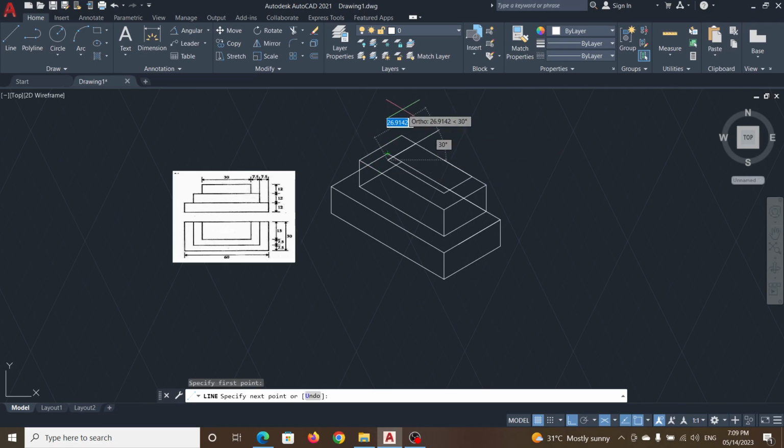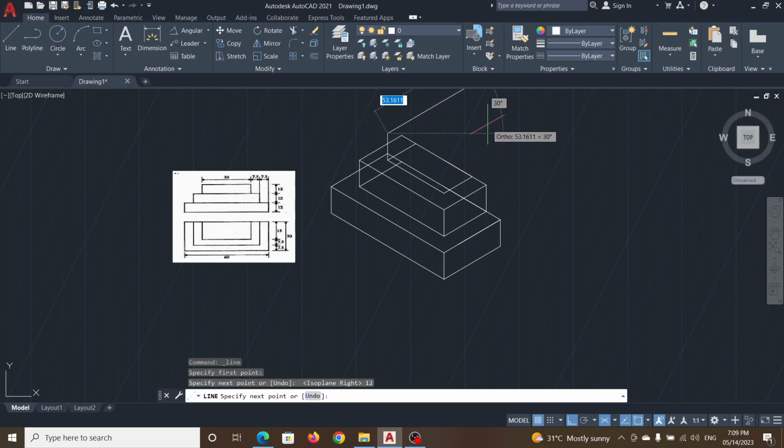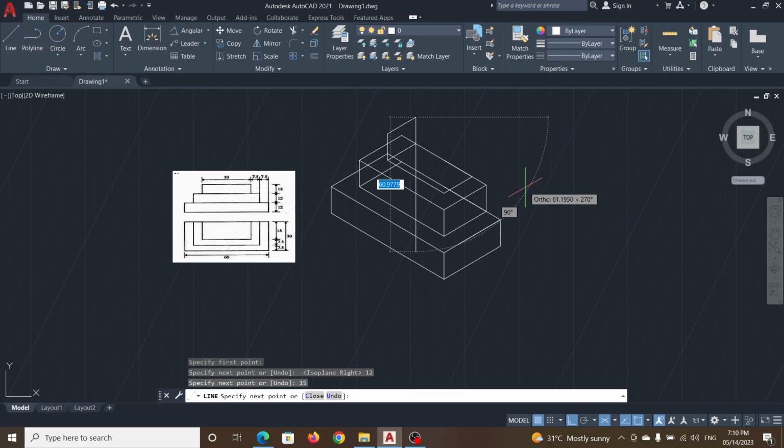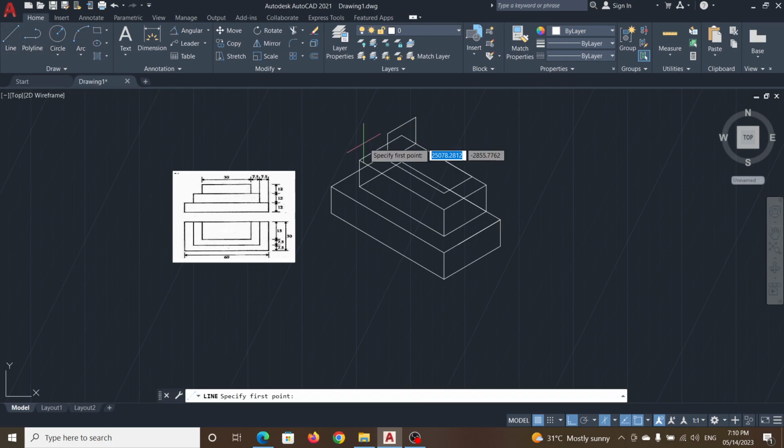In order to draw the height, you change the plane to the isometric plane by Ctrl F5. Height is 12. Now see, this width is showing 15. Again showing the height, no problem, you can click it here. Now you can click here, change the plane, Ctrl F5,